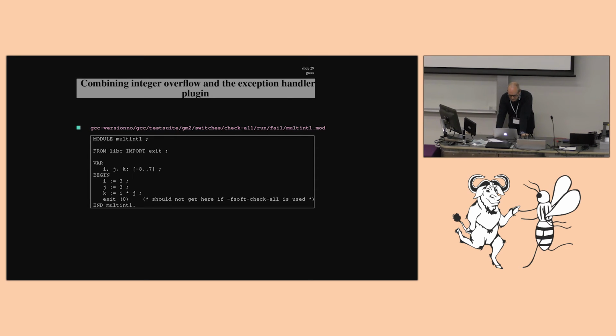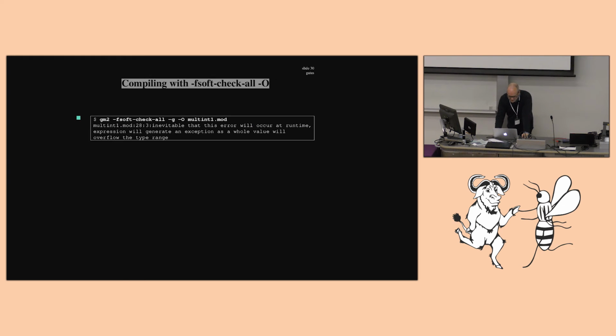Okay, so then we have the test code. Go back to our test code again, and so it's pretty obvious what's going to happen if we compile. And I have to put the optimizer on, which, suddenly I'm coming around to your way of thinking, really, because without the optimizer, of course, the plugin doesn't fire. So I was thinking maybe the users have to compile twice. They could compile with optimizing first, and then compile without optimizing. But that's probably not such a runner, really. But anyway, with the optimizer on and soft-check-all,